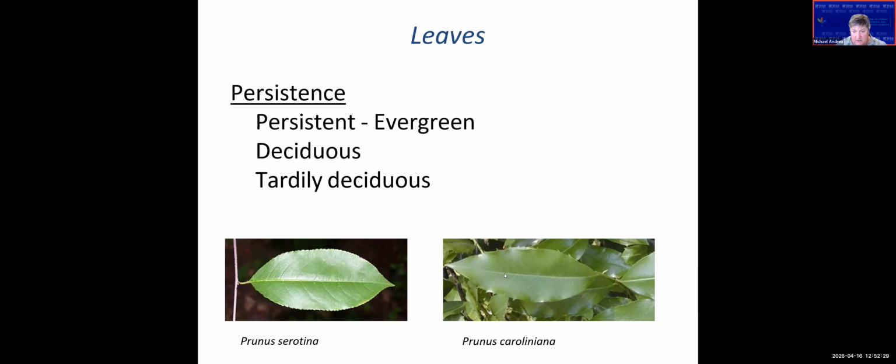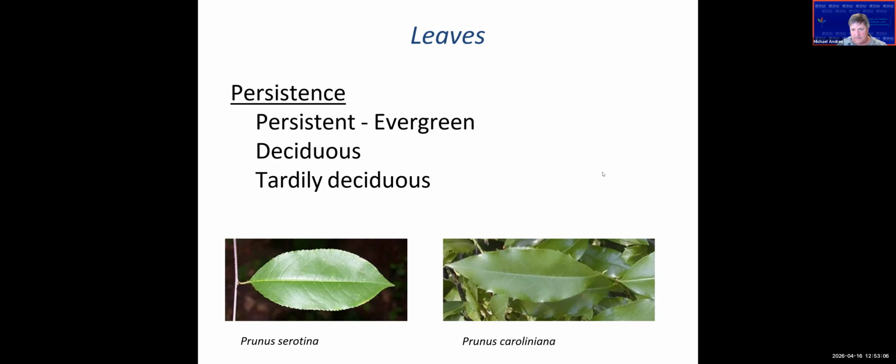So, geez, I don't know. But if I'm in midwinter and I'm looking at this tree, Prunus serratina is deciduous, whereas this tree is evergreen. So when I walk up to this and I see something and I'm like, is it a Prunus serratina or Prunus caroliniana? But it's midwinter and I see leaves on there. I'm like, I don't have to look any further. There are other features that might be helpful for making our decision, but just knowing that alone can help me make my decision. So again, what you're trying to do is collect a series of filters that can help you